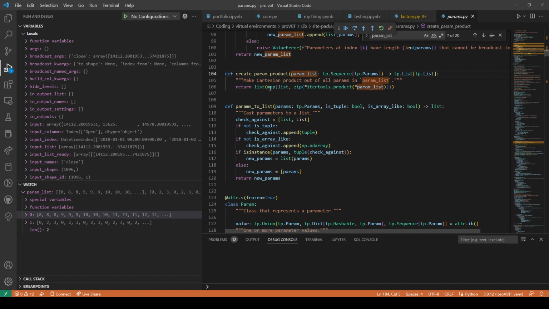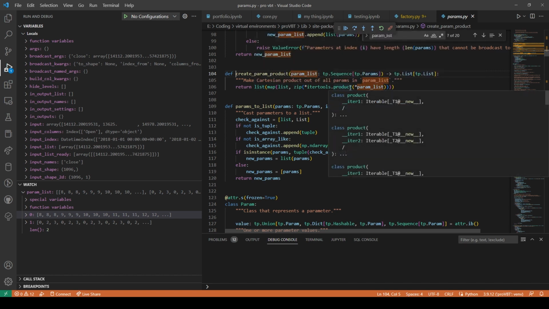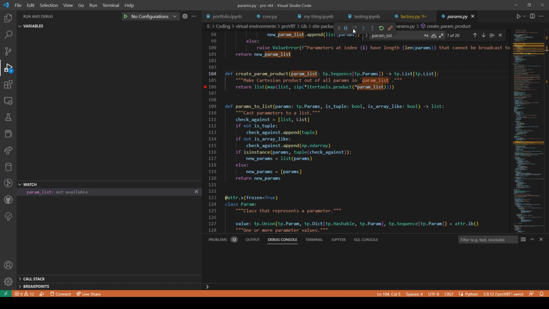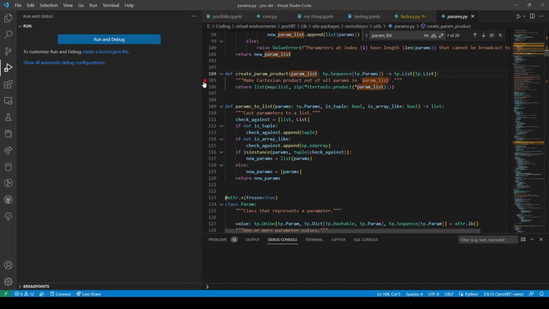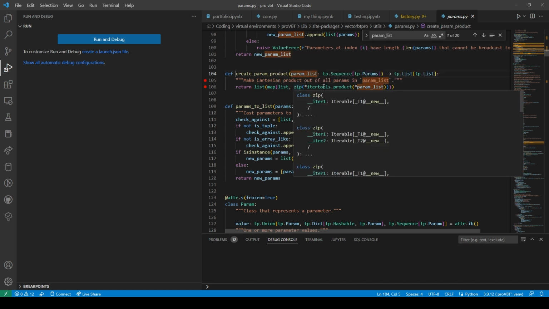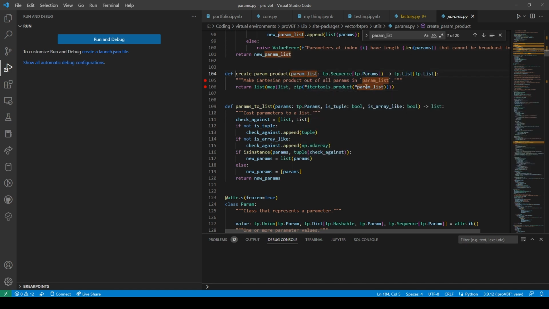Oh my god. List map list zip itertools.product. Make cartesian product out of all params. What is this about? No way. Params list sequence params list zip map list zip itertools product params list.